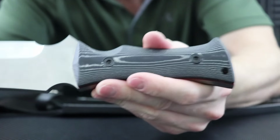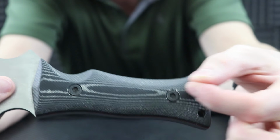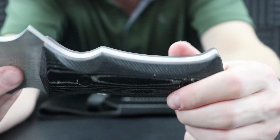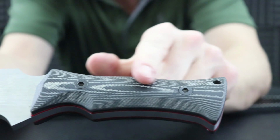In this case, it's got a cloth that's in there, and if you had a pair of tweezers, you could really pull that cloth out. It gives it this nice pattern that you see right here, and it has a comfortable grip to it. The only downside to the handle is that I wish it was just a tad bit longer, because even though I can grip it really well, and if I choke up it's fine too,